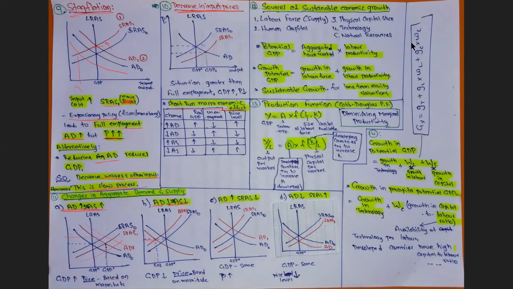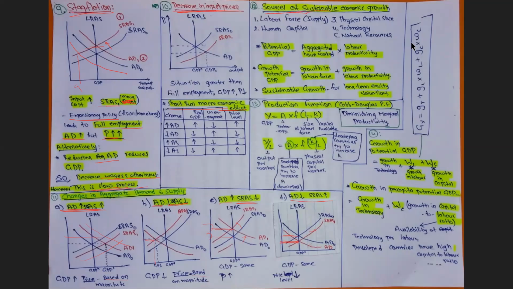So when aggregate demand increases and short run aggregate supply decreases, aggregate demand moves towards the right and supply towards the left. So the real GDP will be constant, but prices increase from this point to this point. Next, aggregate demand decreases and the short run aggregate supply increases. The same thing happens. The aggregate demand moves leftwards and aggregate supply rightwards, so the GDP is unchanged, but the price level is reduced from here to this point, so the price level will decrease in this case.